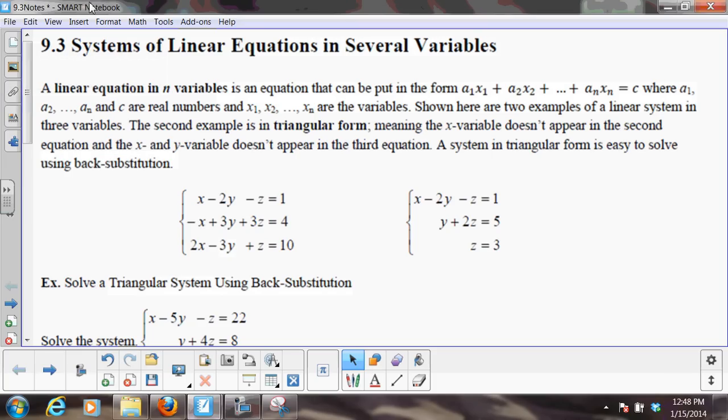This is section 9.3, system of linear equations. So now we're moving on to more than just two equations and two variables. Moving on to three equations and three variables. I'm not going to read that out to you, but here's a couple examples of some